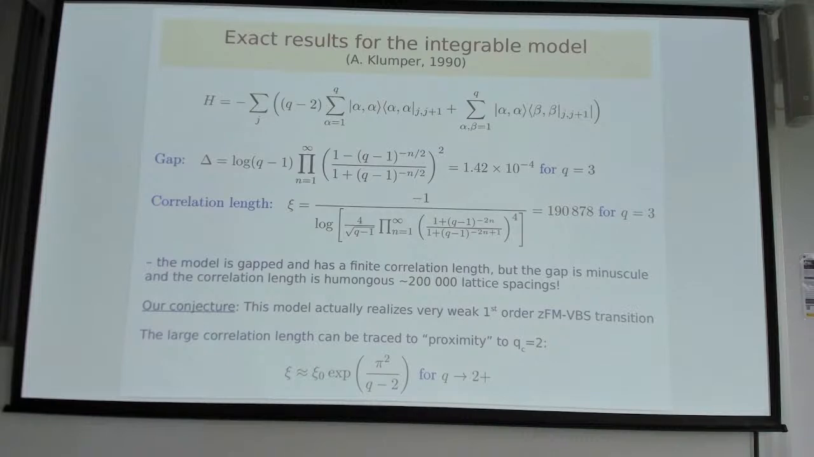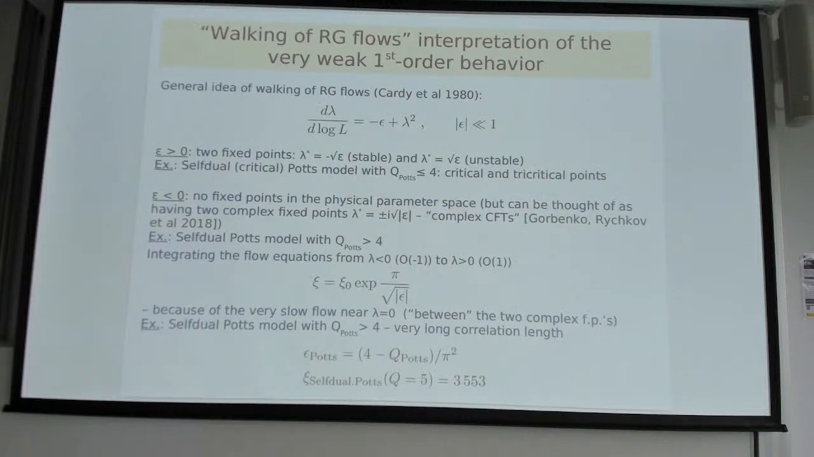And when we, one can cook up a walking RG scenario, just like was done by Cardy and others to explain why the 5-state Potts model has correlation length 3500. It's basically if you postulate flow equations like this with small epsilon, you can have